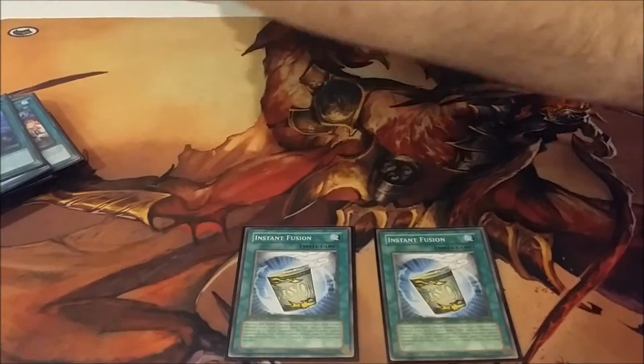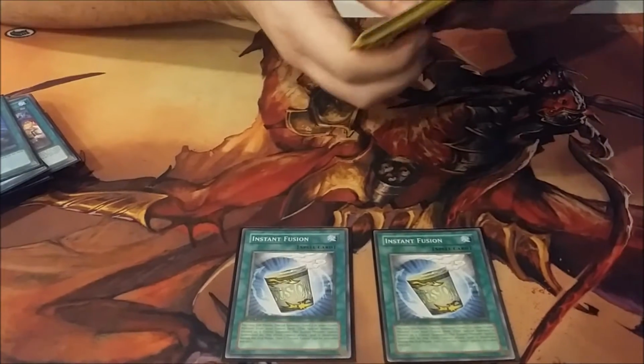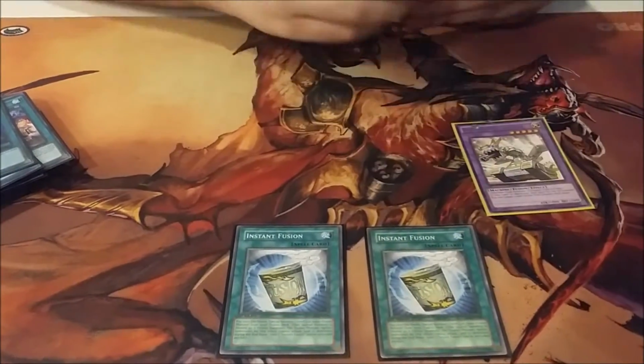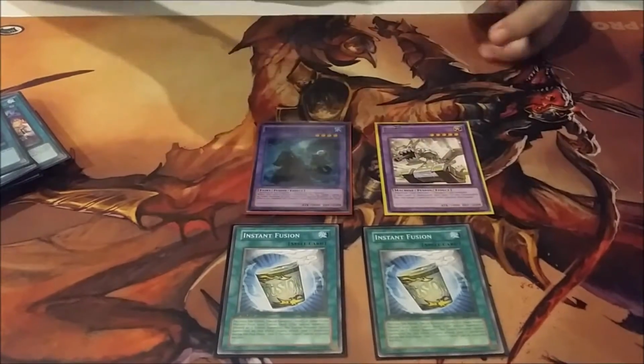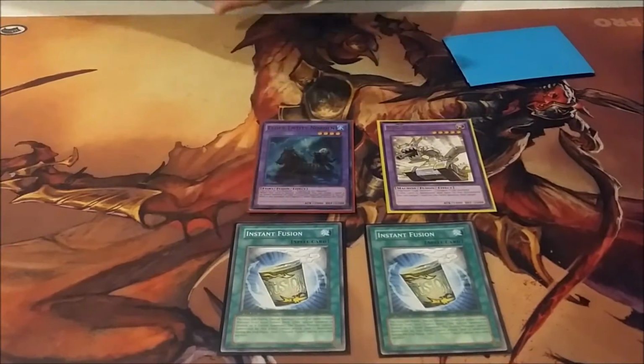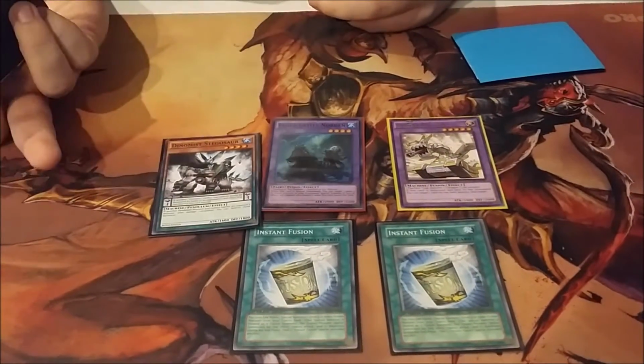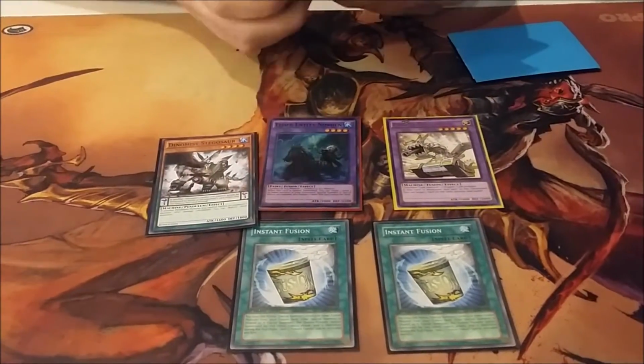2 Instant Fusion. 4 Panzer Dragon. And Nodin. Nodin's great because if you've already gone into an XYZ, you can go into another off an Instant Fusion. If you've already